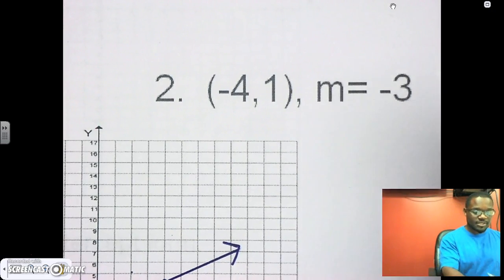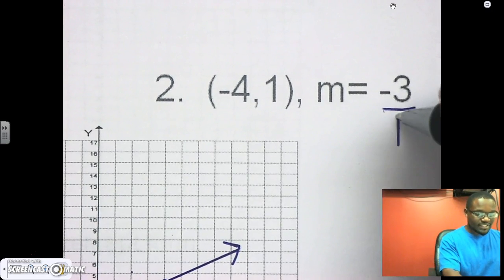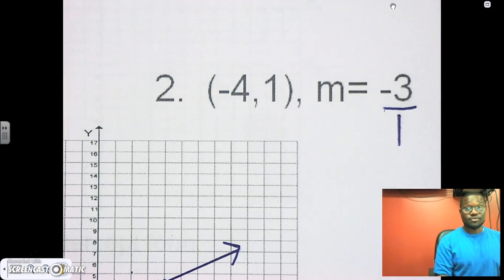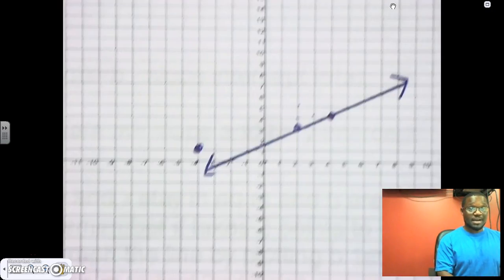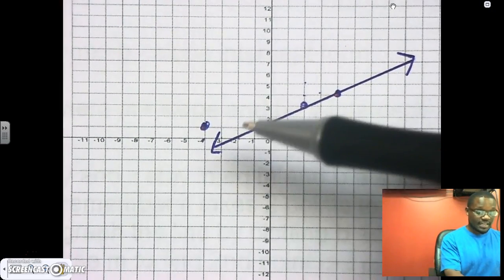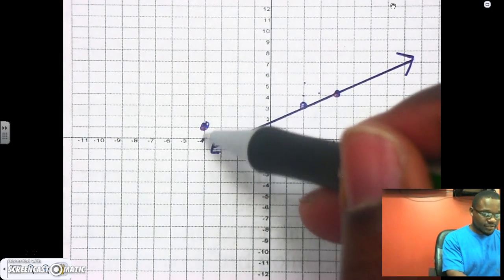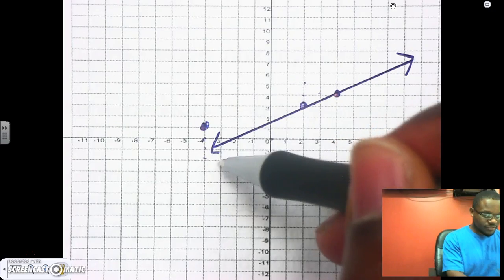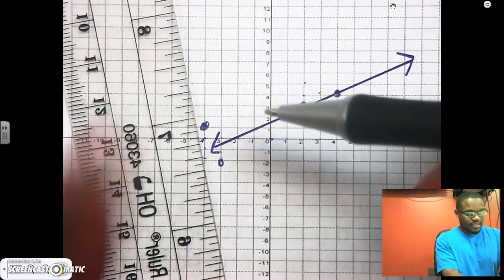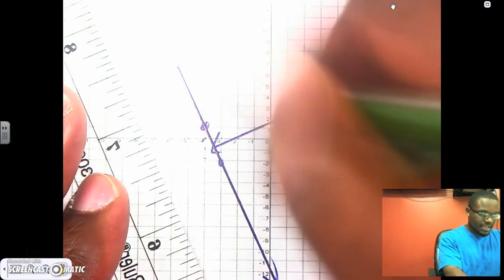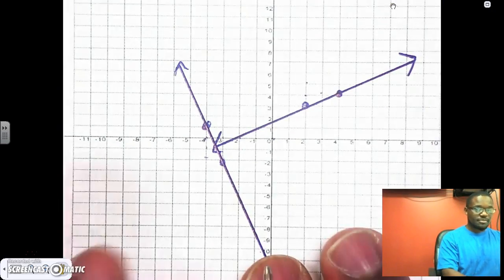And whenever you have a slope that's a whole number, we make it a fraction simply by putting it over 1. Just that easy. So I go back down here to this point, not to the origin, and I count down 1, 2, 3, and over to the right 1. Now, as I draw my line through those 2 points, you may need to remember